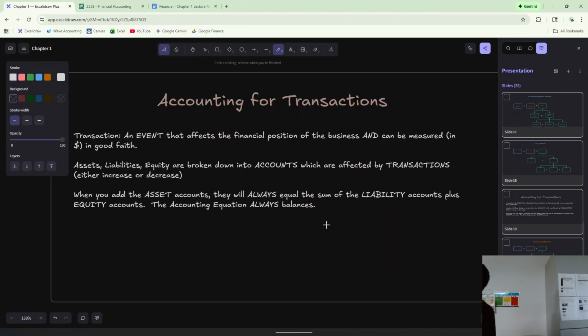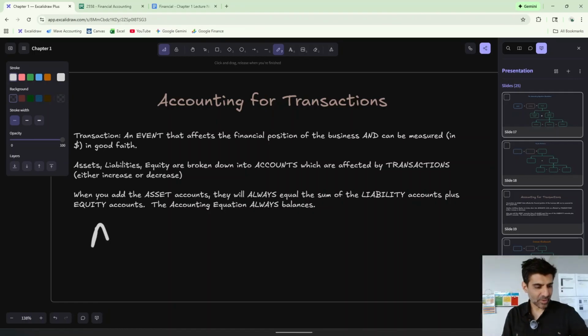It is feasible that you can do all the accounting for your whole business with just 3 accounts: asset, liability, equity. But if your financial statement read assets, the total was 100, and then your liabilities were 20 and your equity was 80,